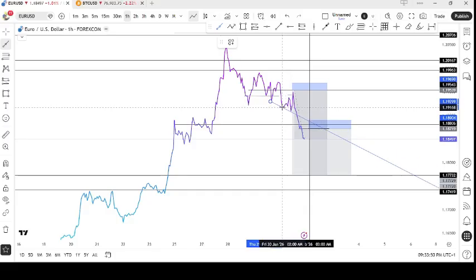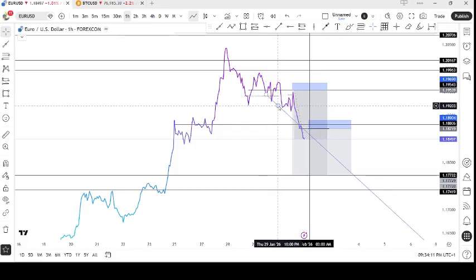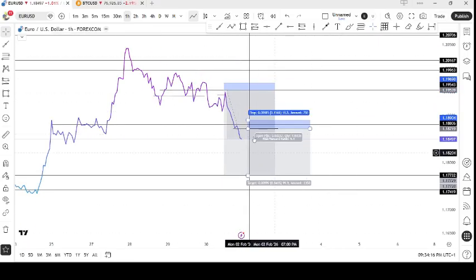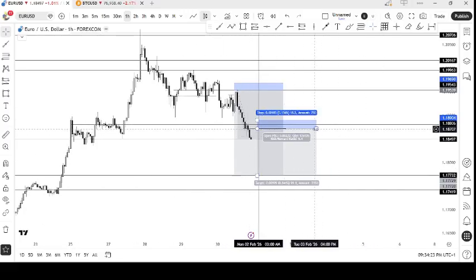It doesn't have to be perfect, but it should be good. Around this level here. So let's say the trend line is not supporting our analysis, but let's just put